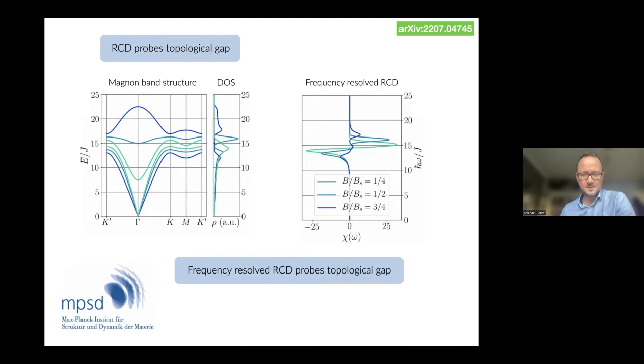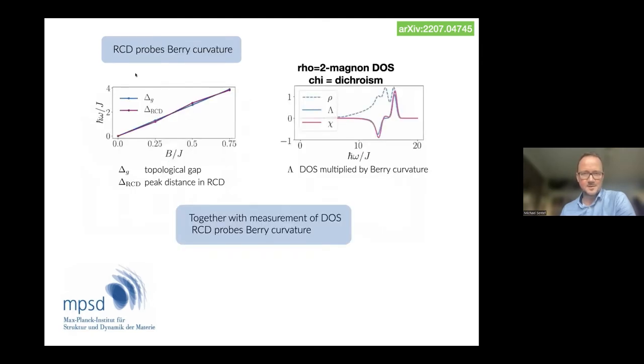Importantly, the frequency resolved RCD probes the topological gap. I'm showing this here on the next slide. So here I'm basically just plotting the two things. I'm plotting the topological gap, and I'm plotting the peak-to-peak distance in the frequency resolved RCD, and they line up perfectly. And what's more, actually, we can explain the RCD signal as more or less a product of two